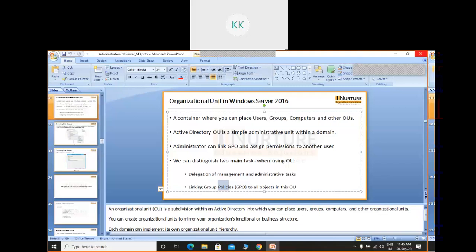When you link this GPO1 to organizational unit 1, that means whatever policies are there inside this object are applied to all the entities of this organizational unit.